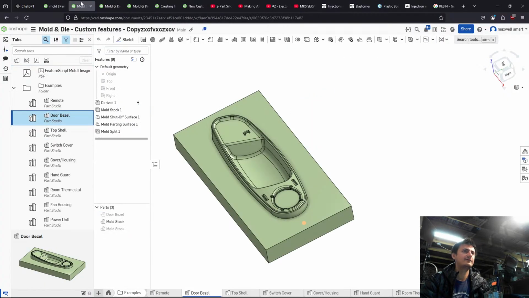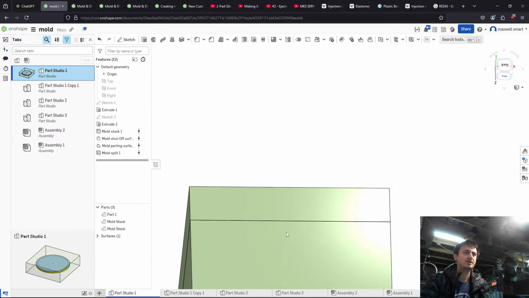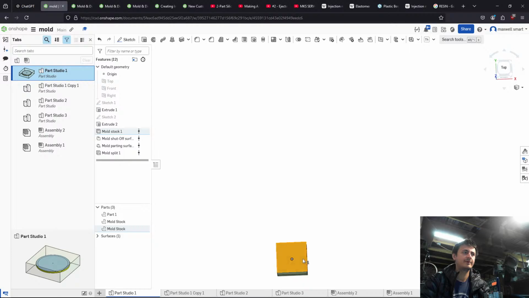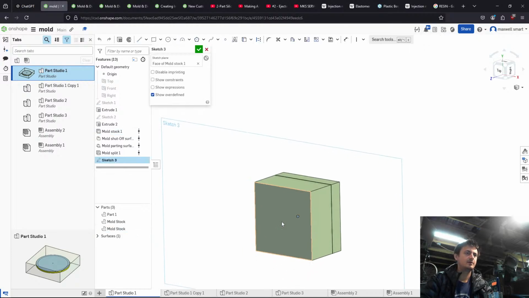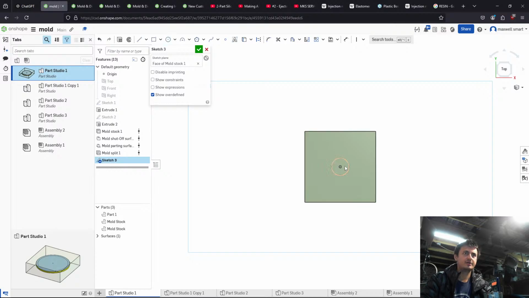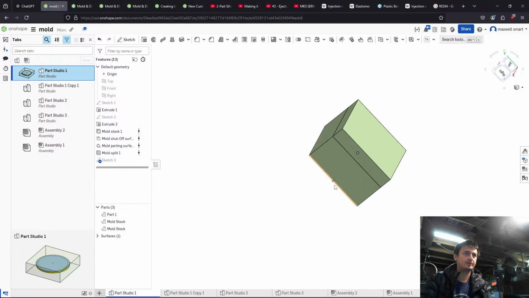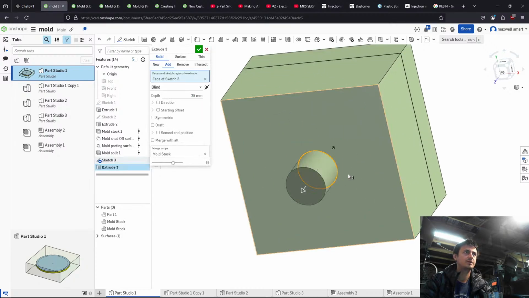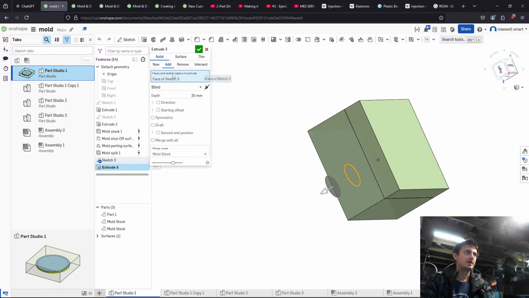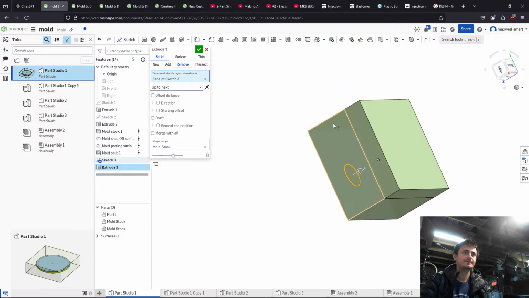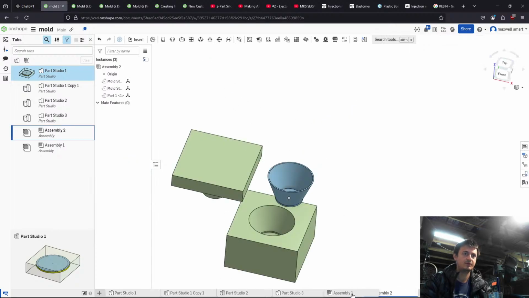Yeah, so you kind of have to do some manual post processing where you take this and you take this, and I mean it's a part like any other part, so you could just sketch on it, put a circle here, extrude this. Wait. Extrude this. Oh, you can extrude. That's interesting. I didn't know that. Remove up to next. And then if we go to Part Studio Assembly 1,